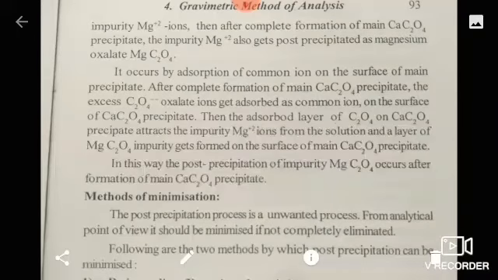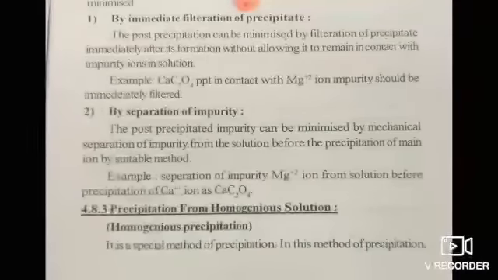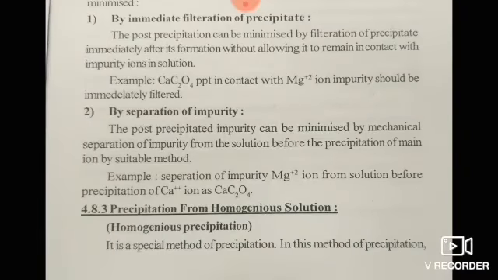Then next one is the minimization or elimination of post precipitation. Method of minimization: the post precipitation process is an unwanted process from the analytical point of view, so it should be minimized if not completely eliminated. Following are the two methods by which we can minimize post precipitation. So the first method is